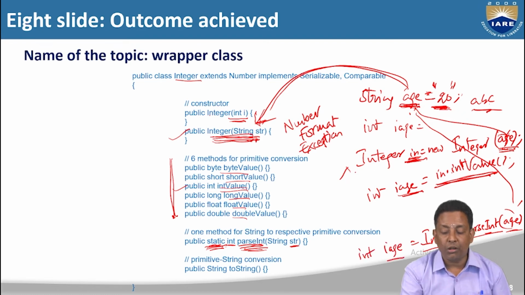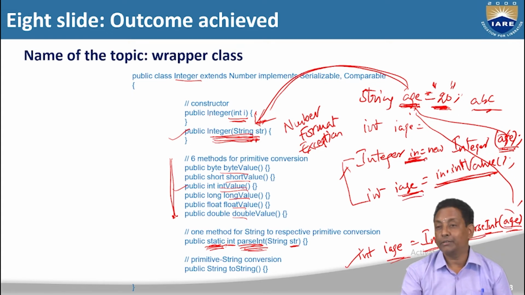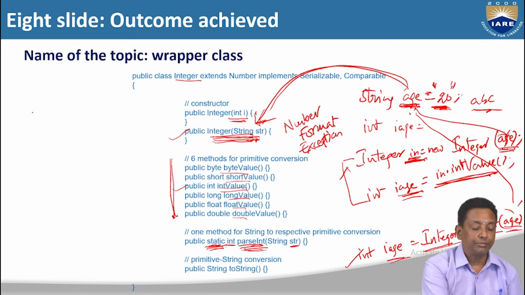So among these two, is this string to int conversion simple, or is the second conversion simple? That is why developers worldwide, to convert string to int, always use the Integer.parseInt method instead of employing two steps. The same thing is applicable for string to long conversion, float conversion, and double conversion also. So we'll see how to do that.